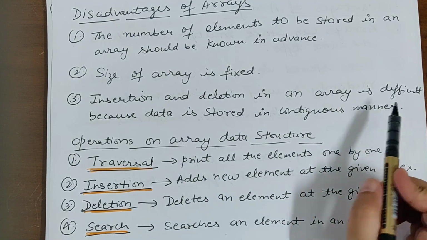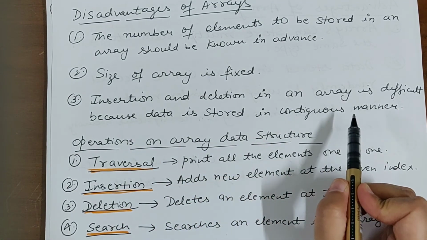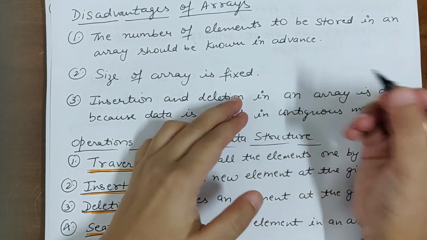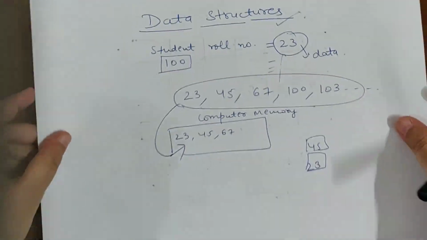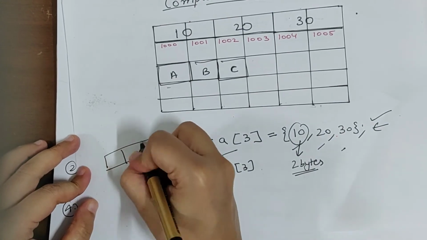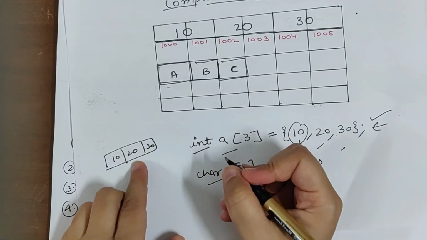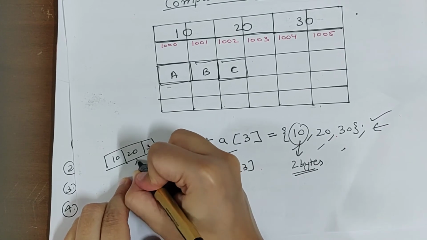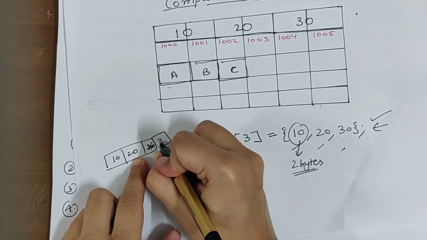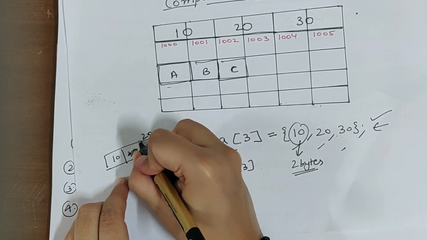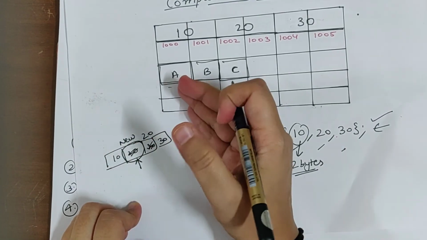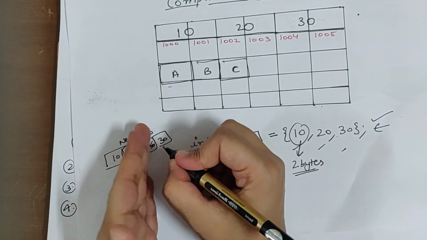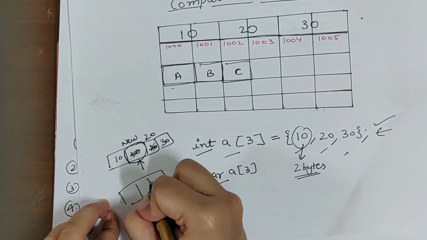Insertion and deletion in an array is difficult because data is stored in a contiguous manner. So since the data is stored in a contiguous manner, it is very difficult for you to insert or delete a new element. For example, this is my array 10, 20, 30, and suppose I want to insert an element at this location. Then I have to shift this 30 to this position. I have to shift this 20 to this position to make this block free, and then I will insert the new element. So shifting is a difficult task,